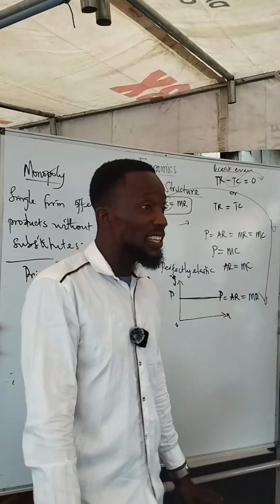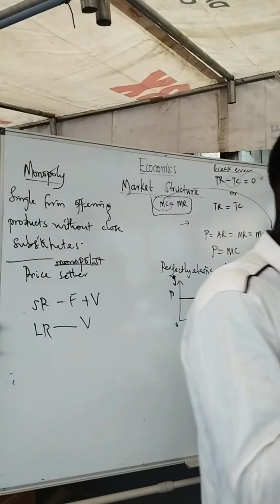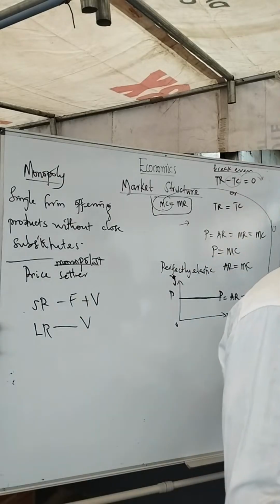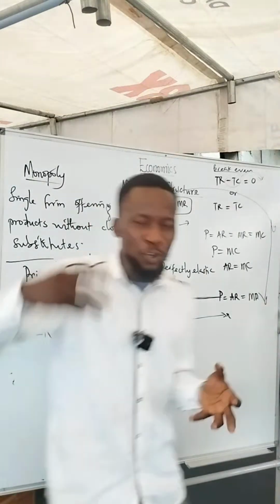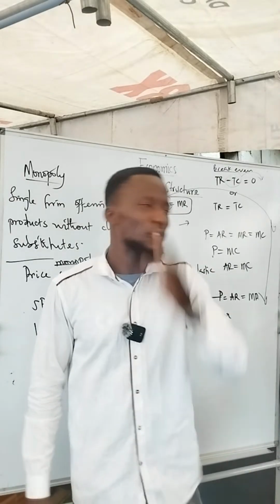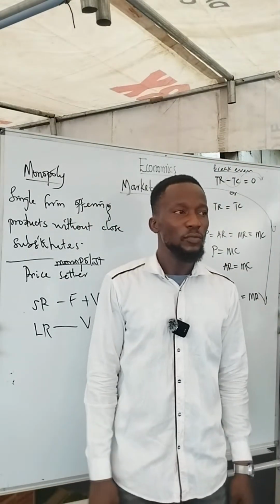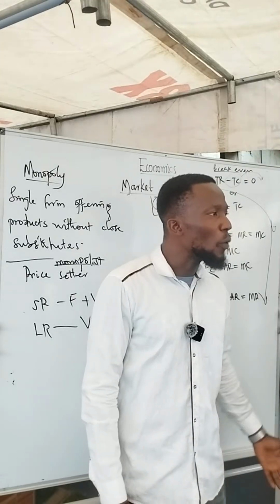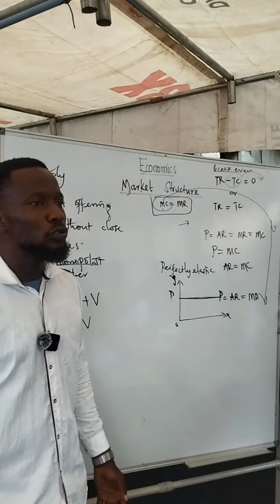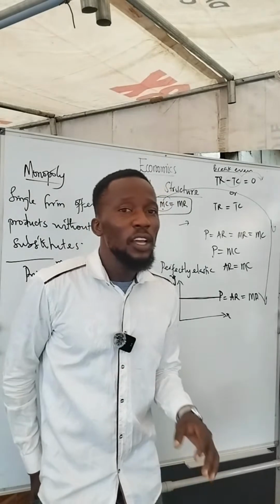Patent right is the right that a particular organization gives to a particular firm, because they are the first to ever think of producing something like that. So for them to get the benefit of their innovation, government will protect them for a period of time so that no other firm can come into this market to compete with you. That is patent right. So when House of Dufil came in with the idea of noodles and they called it Indomie noodles,